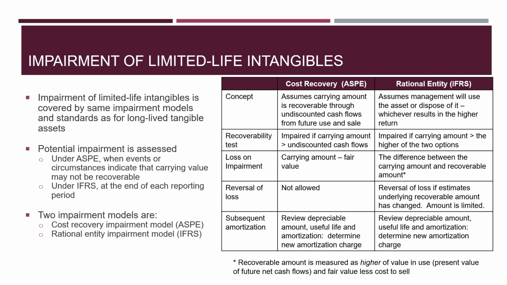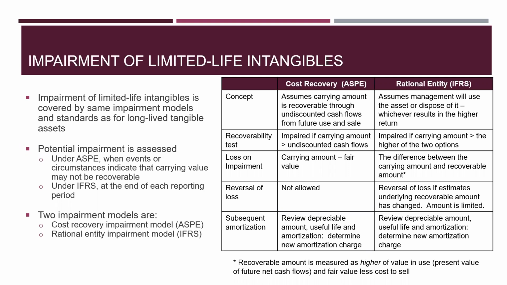So when you are thinking of your impairment, your recoverability test really is: the asset is impaired if the carrying value is higher than the undiscounted cash flow under ASPE. So your carrying amount minus the fair value, that is the amount of your impairment. You are not able to reverse any losses in the impairment under ASPE. Your subsequent amortization, if the value of your asset changes, then we do need to update the depreciation or amortization amount going forward. Under the IFRS rational entity model, your impairment is if the carrying value of the asset is higher